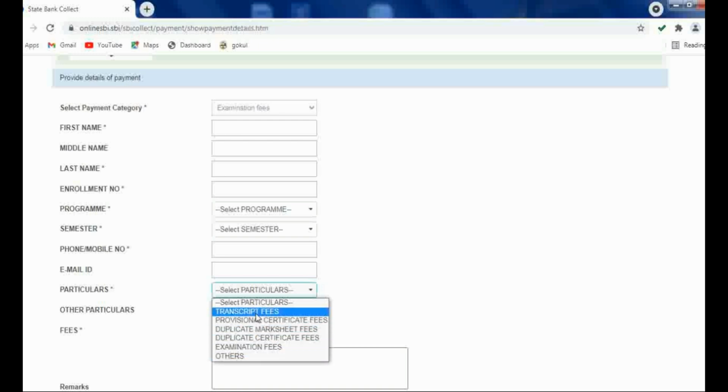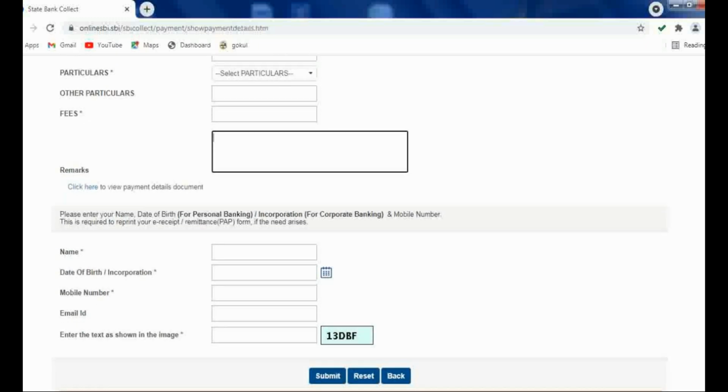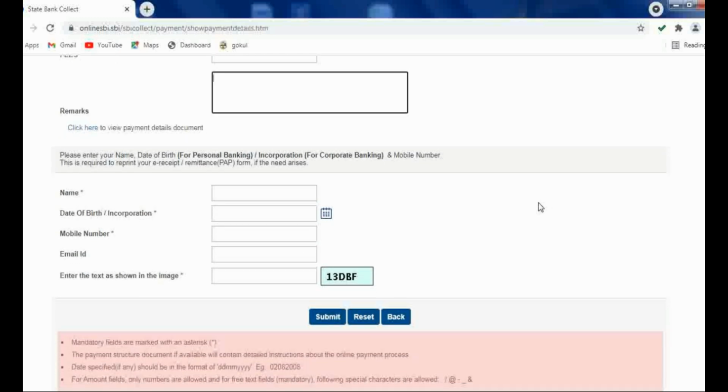If the certificate for which you are going to apply is not present in this list, you can click on other. In the other particulars you can mention the name of your required certificate. Fees you have to mention over here, whatever the fees is given that we have seen earlier, and in the remark you can also mention the other required information.